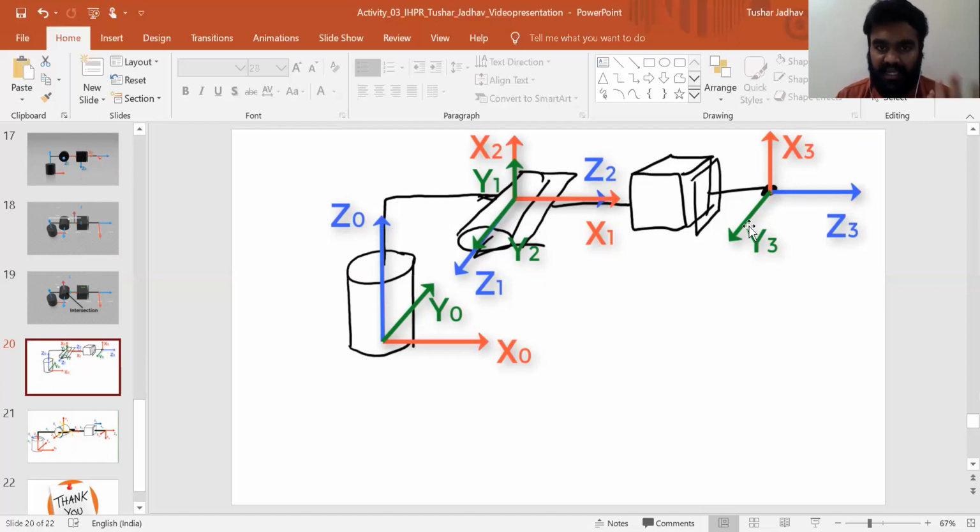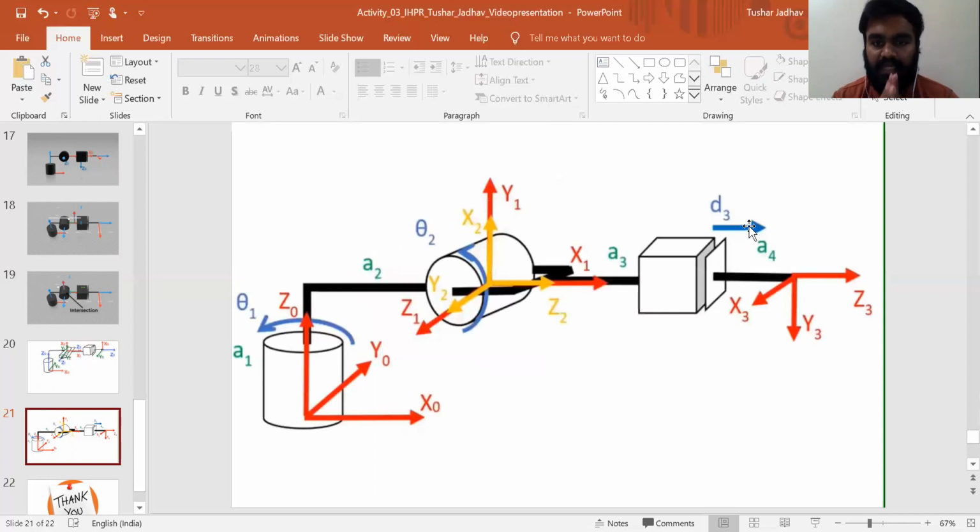So let's clarify this image, which is the final image that we have got: y0, x0, z0. Then we have this overlapping frame of x2, which is attached to this frame physically in practice, but for satisfying the four rules of the DH method and for calculations, we have translated it to get it intersected here. And we have the final end effector frame.